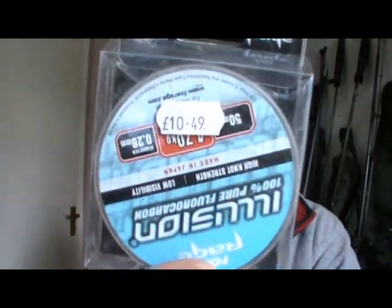I use, as you can see there, Fox Illusion. It's a fluorocarbon, which is very important, and so you get your line, your weight, your minnow, your hook, and as they used to say on Blue Peter, here's one I made earlier, and I cut off about 5 feet of fluorocarbon, and towards the bottom, about 1/3 of the way up, because I am fishing the canal on the